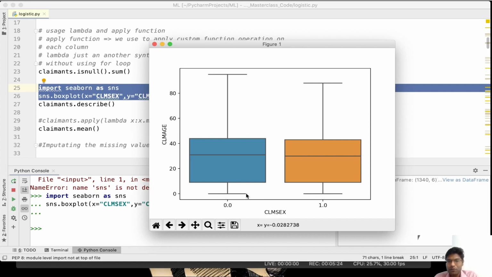The first bottom horizontal line represents the minimum value, and this is the maximum value. Inside the box, the middle value represents the median. The boundaries of the box, the lower boundary represents the first quartile and the upper boundary represents the third quartile. From this we can infer that our maximum amount of data is dispersed between the first quartile and third quartile, bounded by the rectangular box. The same holds for category 1 as well. This is almost similar except for the maximum age limit. So our age distribution across both the gender groups is similar in nature.